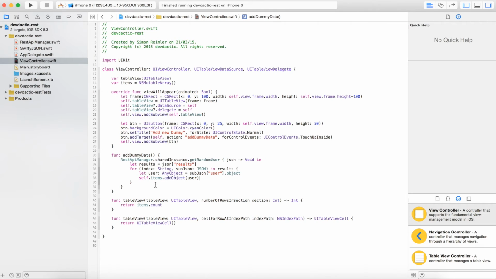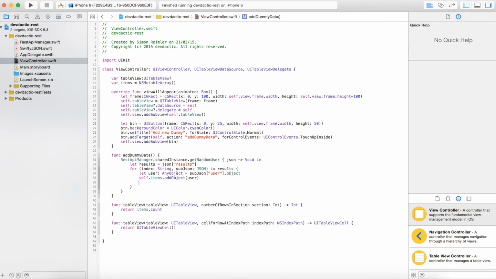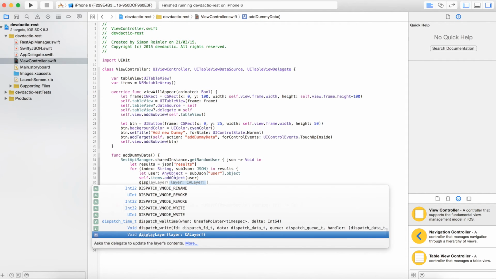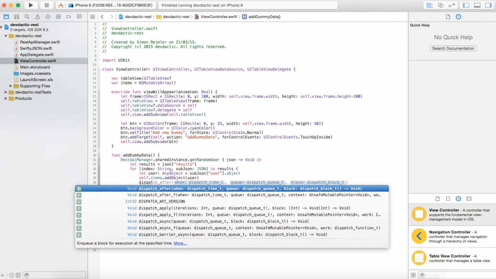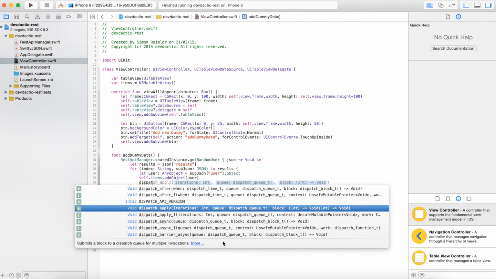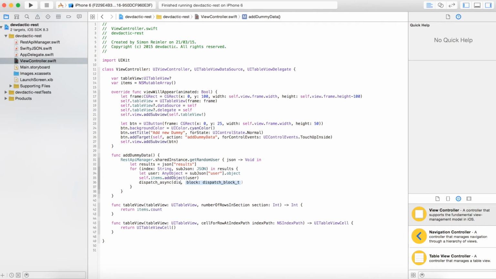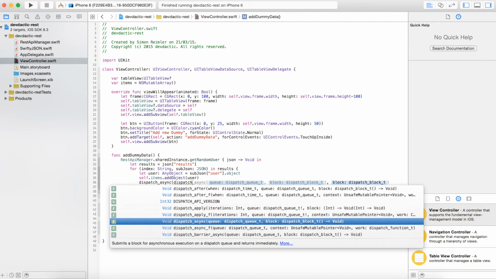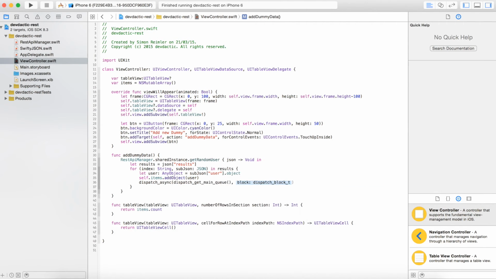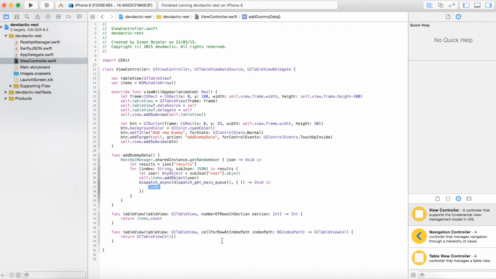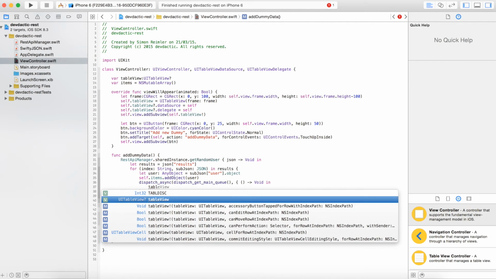So for here, just add it to our items, and as we're in the completion block of an asynchronous call, we need to dispatch our event, dispatch async, yes, here, dispatch get main queue. Okay, so we need to dispatch what we want to do on the main queue because we want to